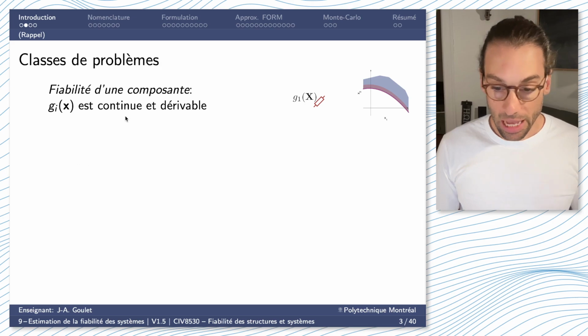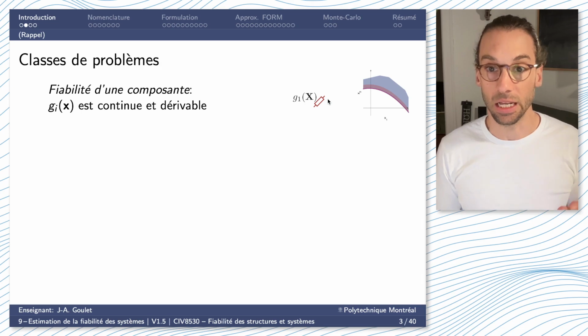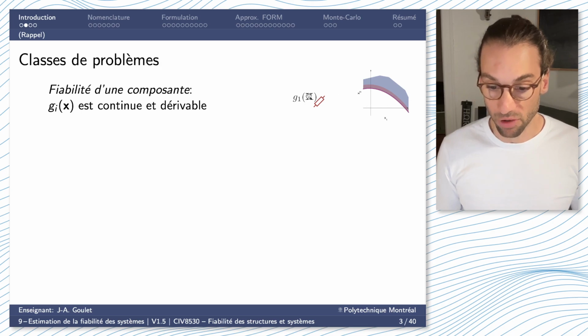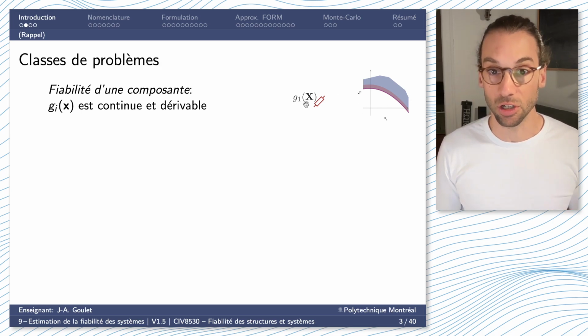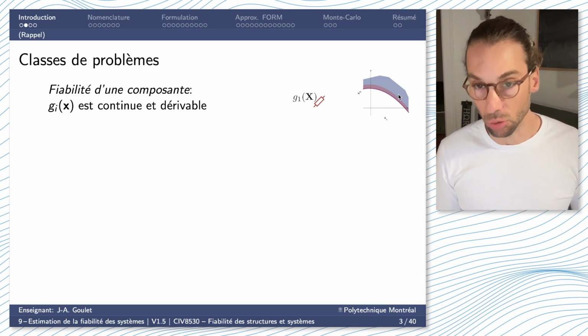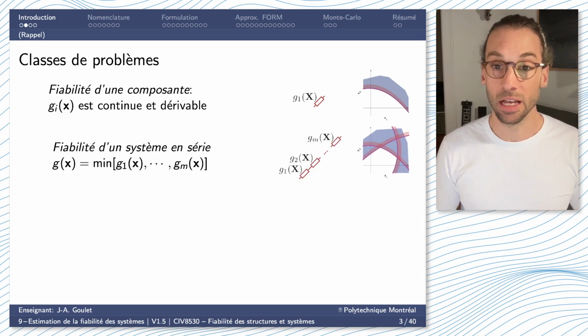So, the different classes of problem. First, we have the component. This is what we've studied since the beginning of the course. Here we have two random variables involved in the limit state function defining the survival or failure of this component. Whatever is in blue here would be, for instance, my failure domain. Now I can have several